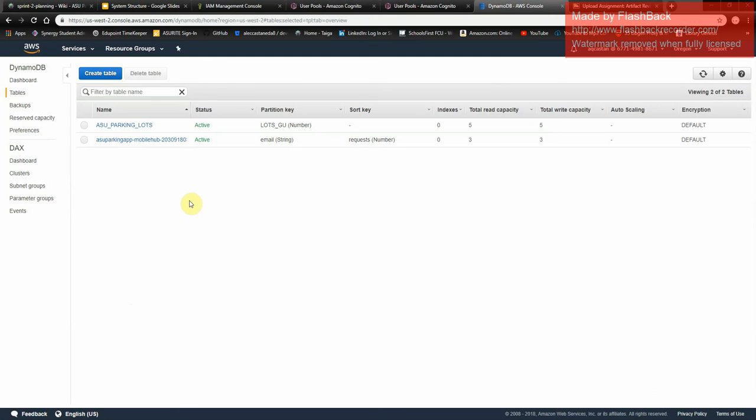So as we transition here to DynamoDB, we can see we have two tables. Right now, there is the ASU parking lots table, which consists of basically all the parking lots that are given a special ID, and we call it the lots GUI. The table is structured so that each item, there are no rows because it's NoSQL, if you will, is literally all the parking lots. And in this, we can actually perform a statistical regression analysis